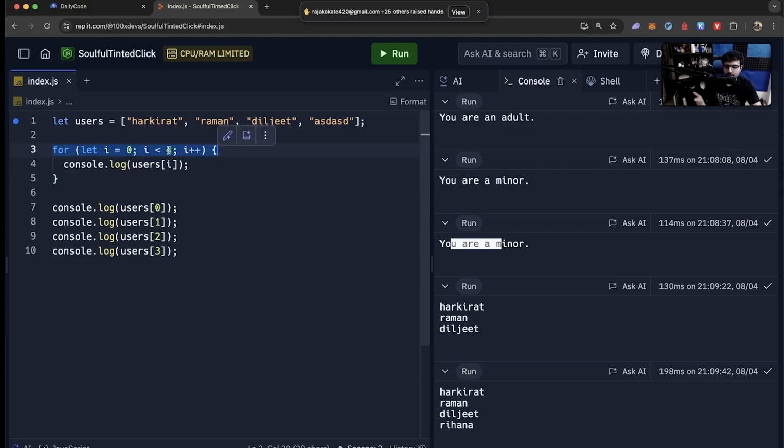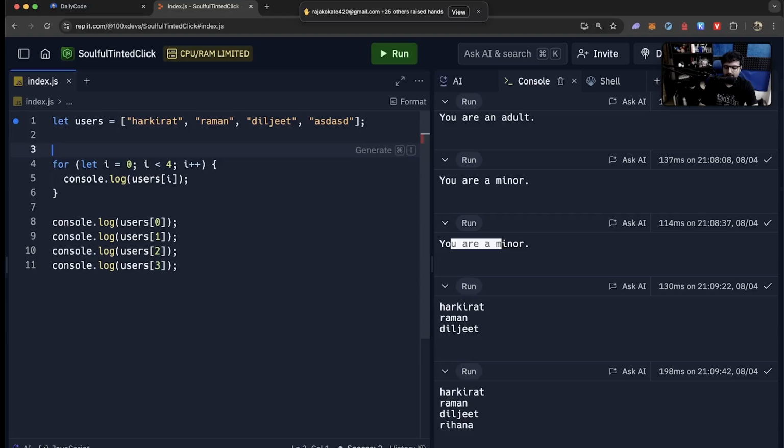So for i equal to 0, which means start off from 0, this first section is called the initiation section.